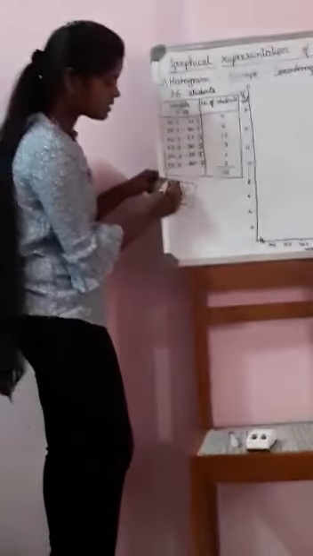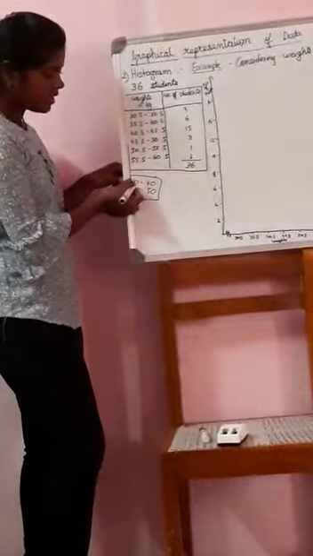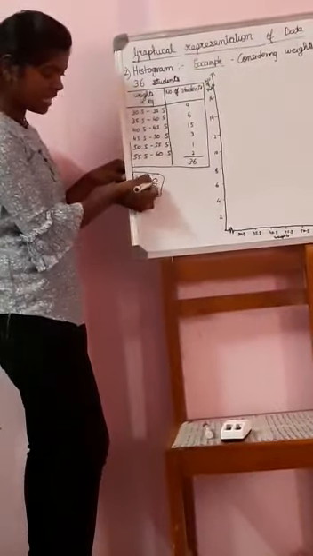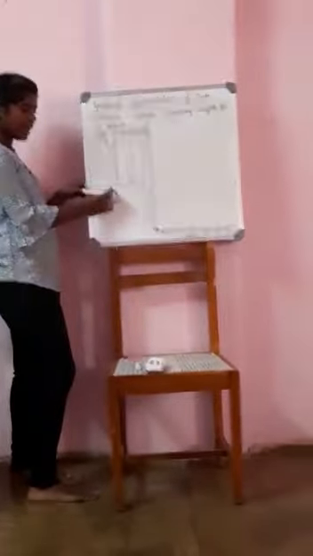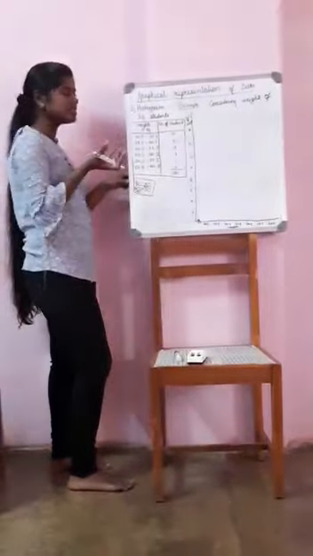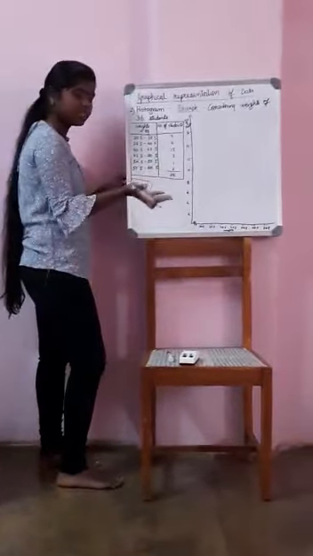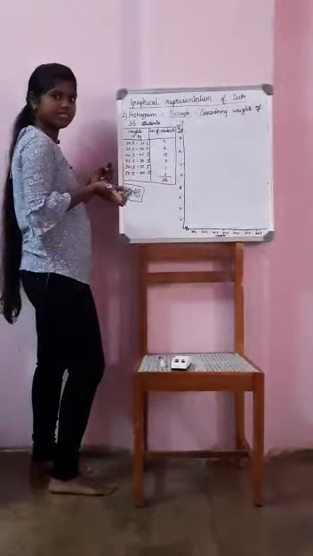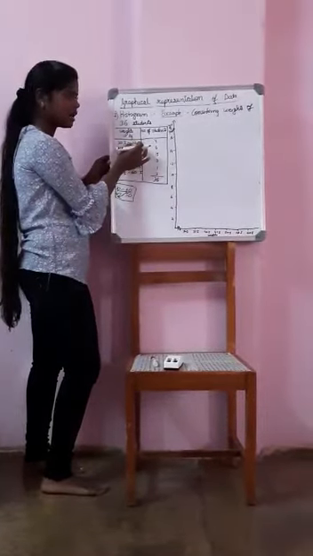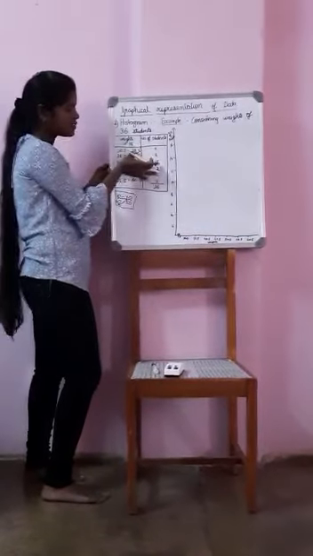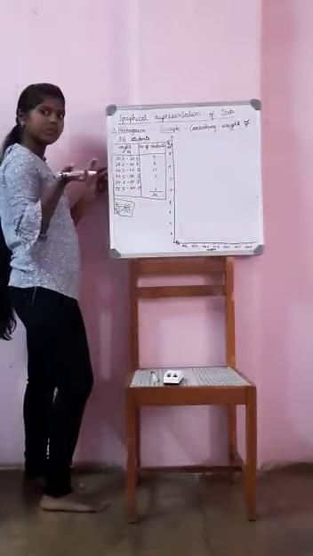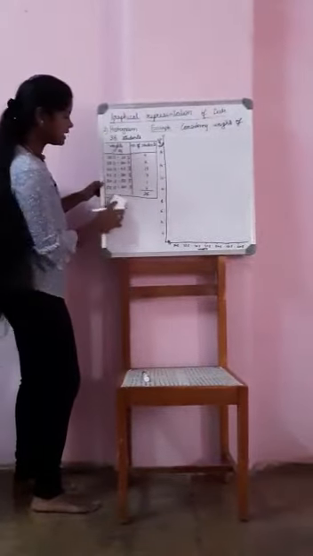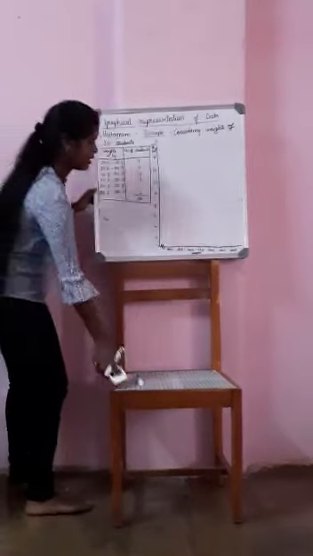Even this is called continuous data, where the upper limit of the first class interval is also the lower limit of the next class interval. Such kind of tabular column or class intervals are called a continuous frequency table or continuous data. So here 35 is the upper limit of the first class interval as well as the lower limit of the second class interval. So I consider this continuous data. For continuous data, we are going to draw the histogram.